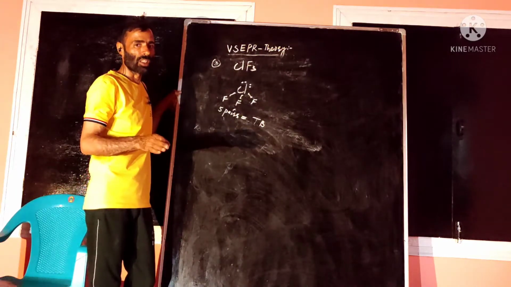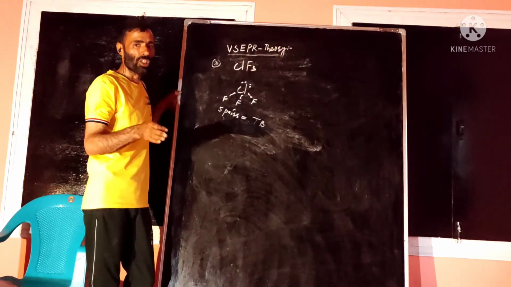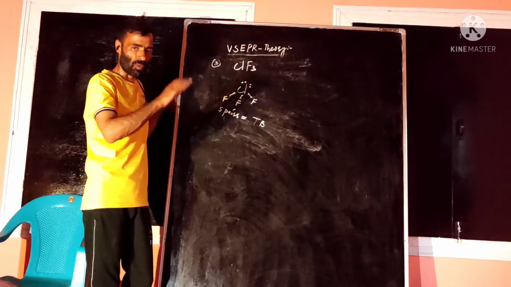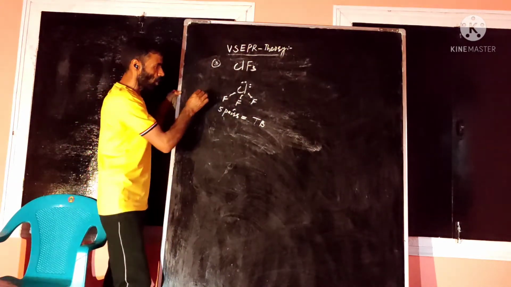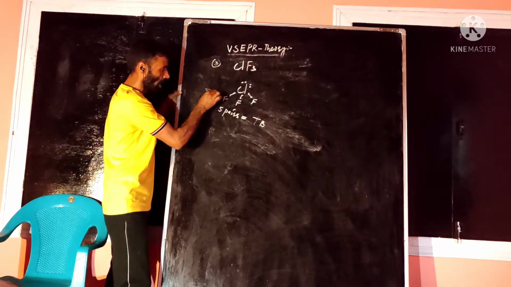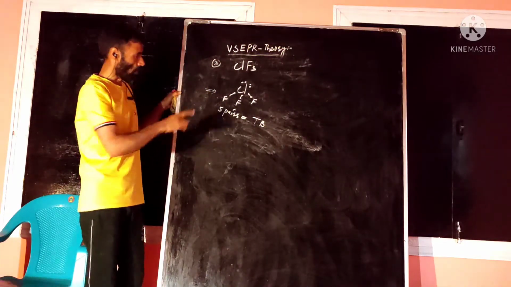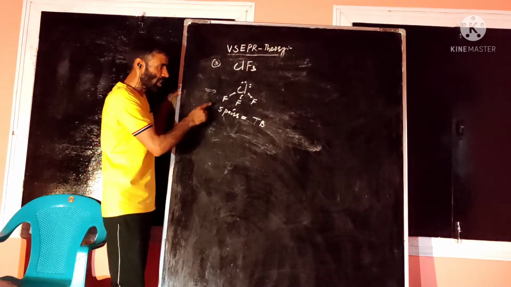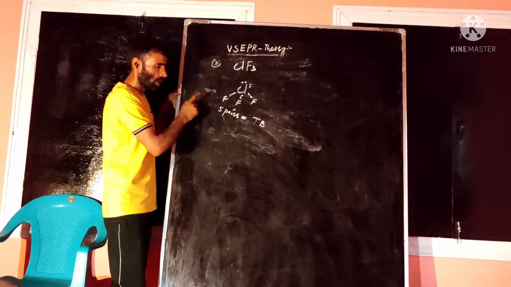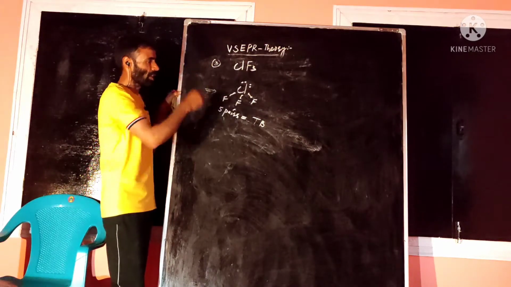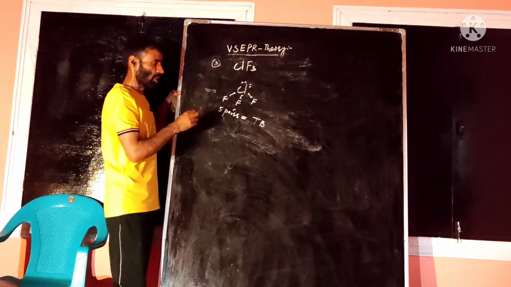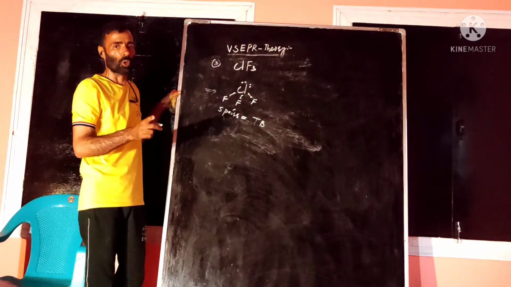At axial positions, they will be at 90 degree angle with the bond pairs, so there will be more repulsion. So we have to keep this point in mind. If there are lone pairs, that will depend upon the molecule, we always put those lone pairs